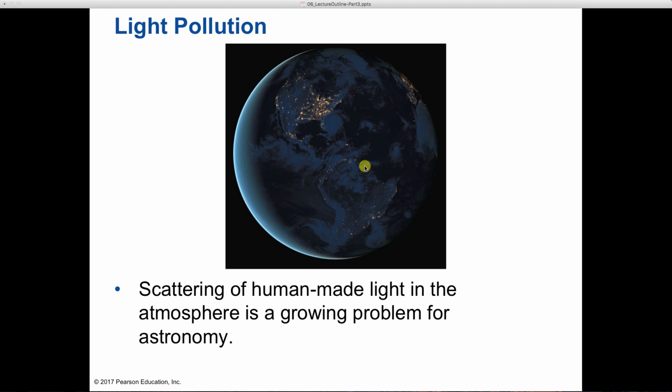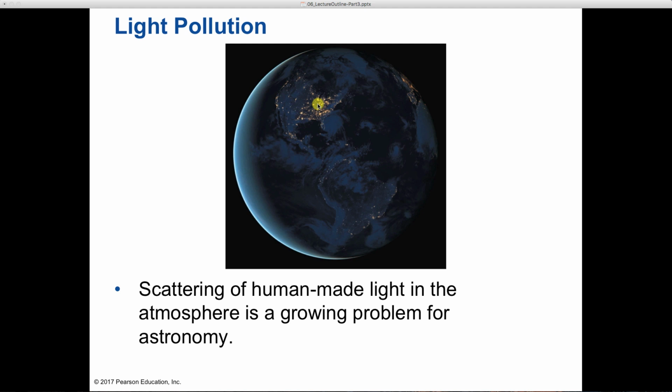So light pollution is a big issue, and this is a little image of the United States and South America. But look at all the lights up in North America here. Look at how bright Chicago is right there, the Chicago area. So there's a lot of light pollution in our area, and so having big telescopes around here, we can see things, but it's not the best place to be.